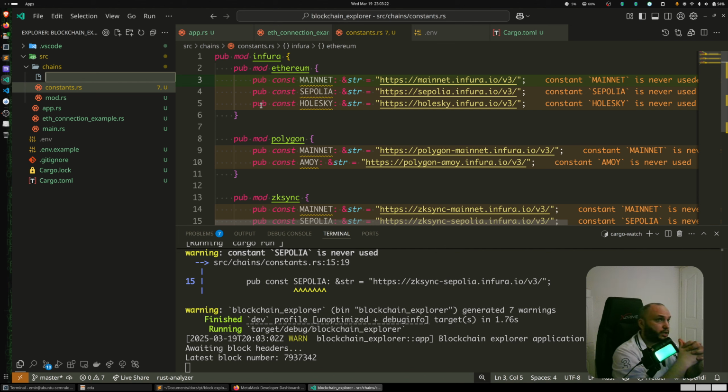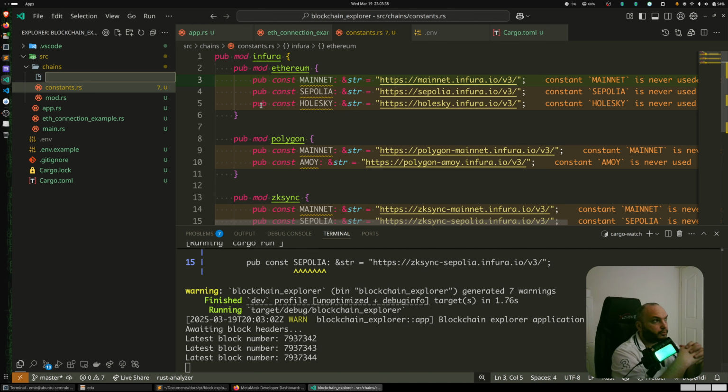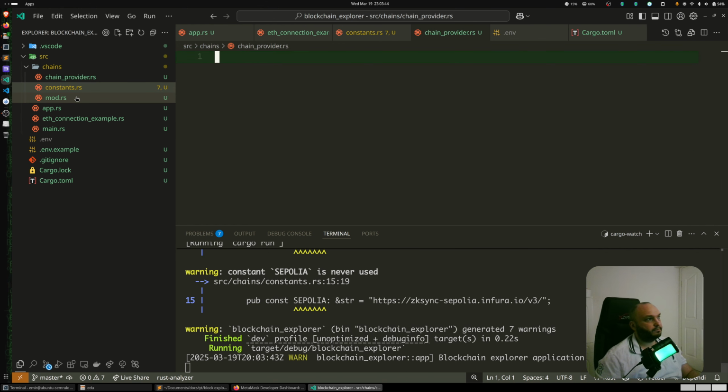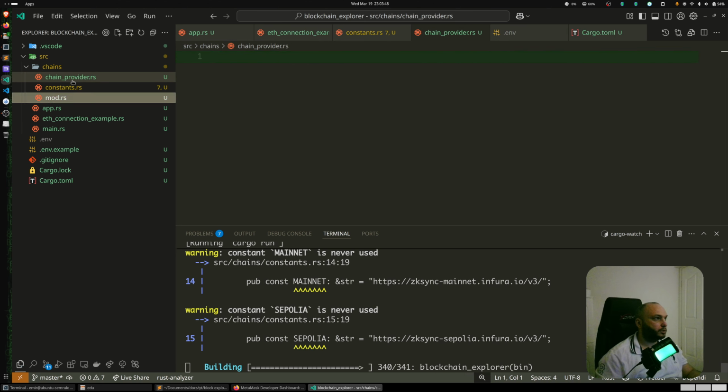Actually, we will use HTTP and WebSocket, of course, but let us choose a new manager struct. What is the name? We must select a correct name for this. Okay, chain provider is best, I think. Add pub mod chain provider,